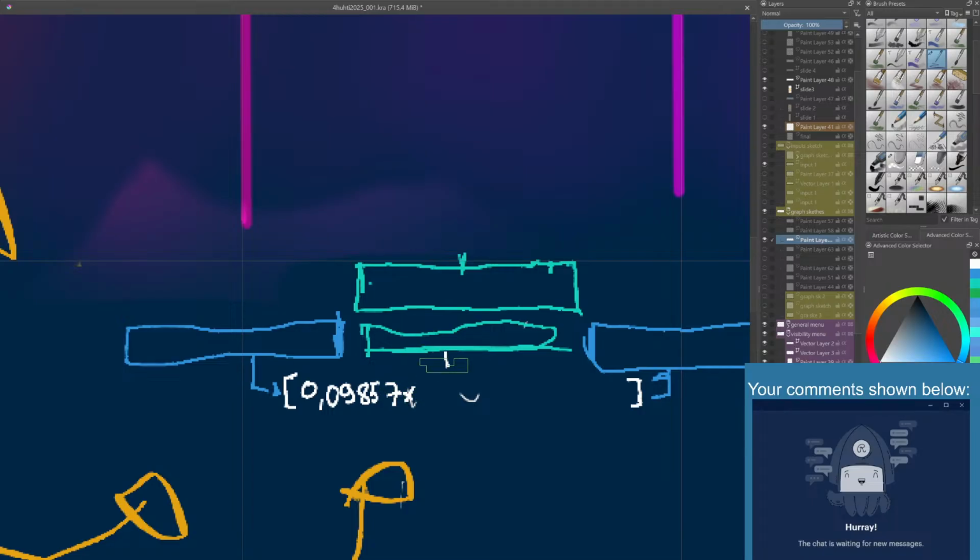And then you multiply it by this number, which is 1 minus 0.026, something like that. To the power of